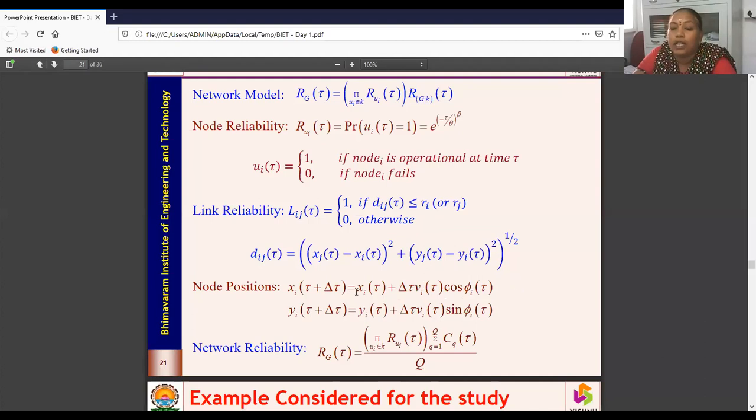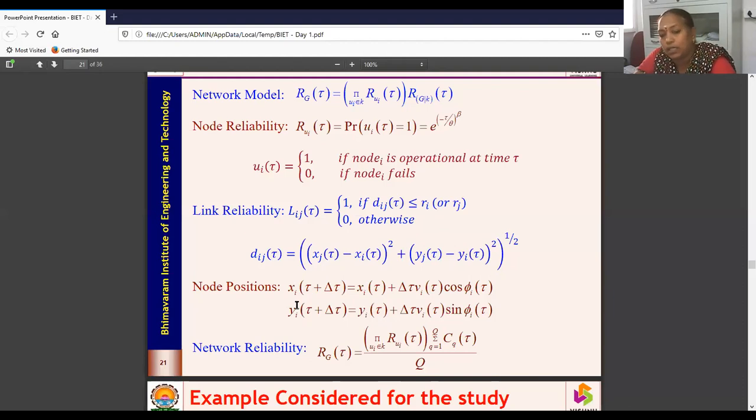Based on the direction, if it is towards the x-axis, we take the direction as the cos term, and along the y, yi of tau plus delta tau is the yi of tau along the y-axis. So xi and yi of tau are the current location x and y. Then delta tau is the change in time. Vi of tau again is the velocity with which the node is moving, and the direction in which it is moving. These two equations help you generate your new node locations from the current node locations.